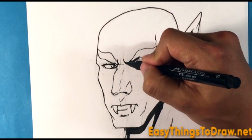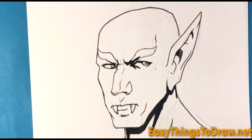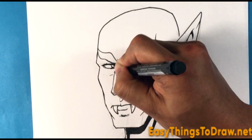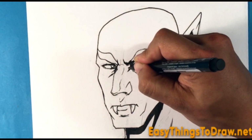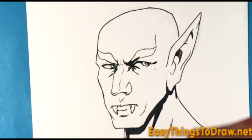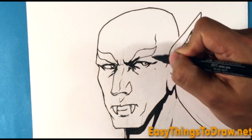I'm trying to get him a little more furrowed, a little bit angrier. It's looking too clean. It's looking too much like a Namekian or something. I want to grungy him up. He's too proper, yo. Going over here, and I think I'm going to do it with the darks, really, with the...